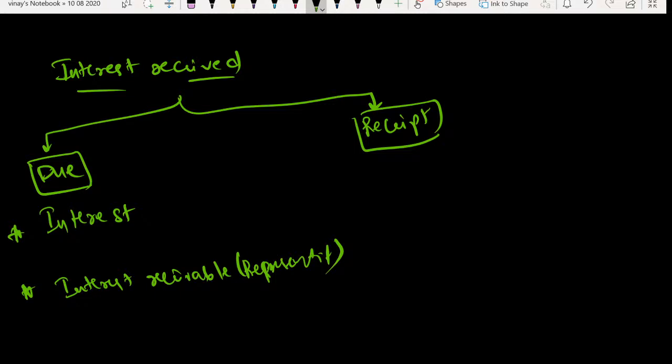Or you can also write, if there are one or two persons, you can write their names. If there are more than one, 5 to 6 people, you can represent their names with another name called interest receivable, because they have the same characteristics. So again, you apply this as a personal account, then debit the receiver, credit the giver, and here also